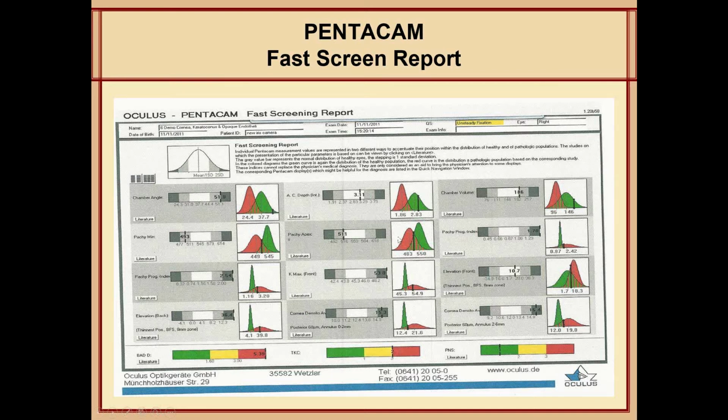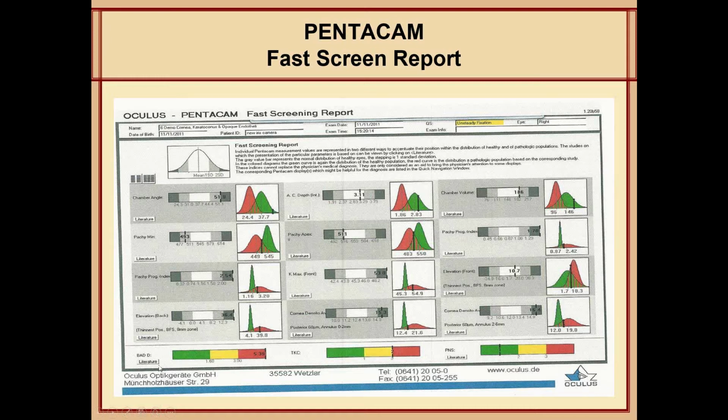However, if you look, for example, on this side in here, which is the back elevation, you see that the back corneal elevation is on the red side and not on the green side. And that's on the abnormal side. So in one screen, instead of going to multiple screens to look at each one separately, this one screen allows me to look at all the characteristics of the specific eye under study.